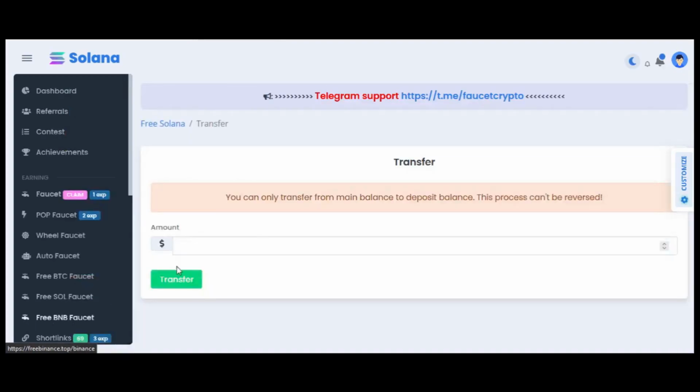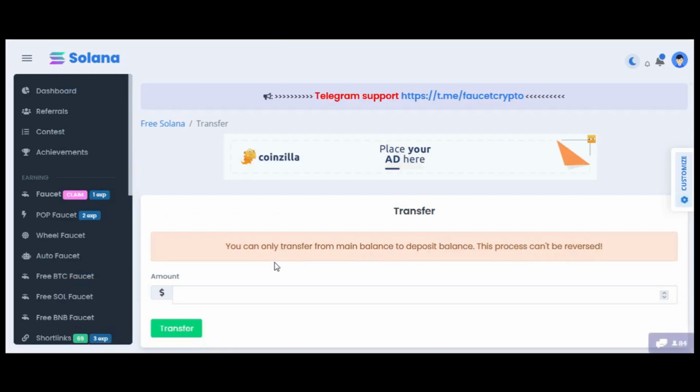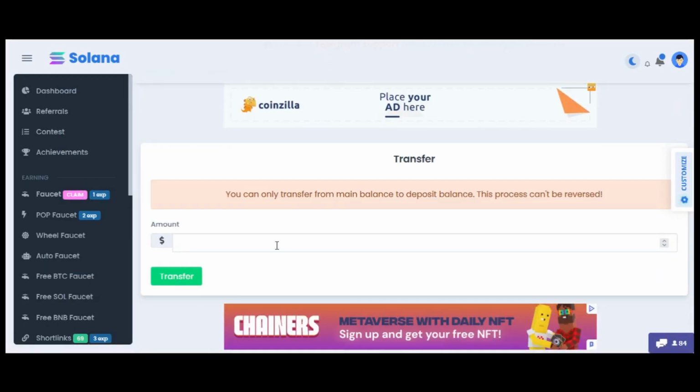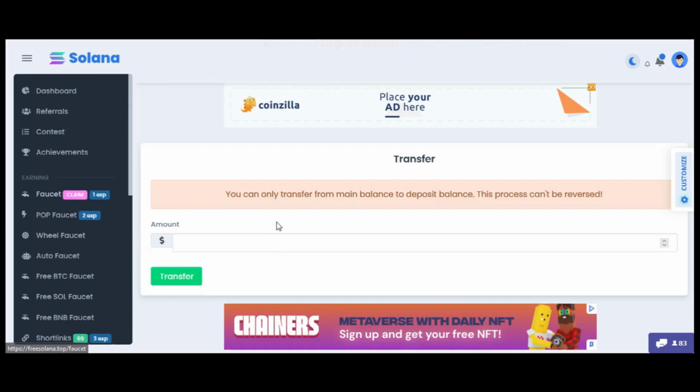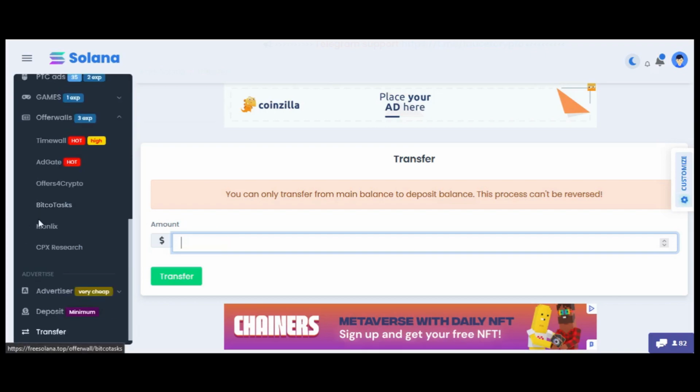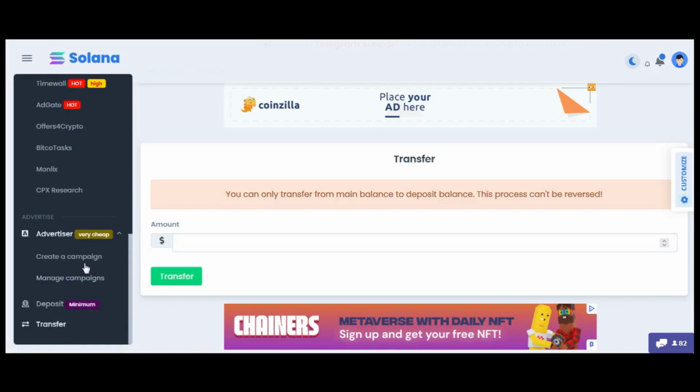In the transfer section, you will be able to move your account balance to the deposit balance. So you can actually use the tokens you earned through the features here of Freesolana to start an advertise campaign, a PTC campaign. Here you have to type the amount of tokens you want to convert from the account balance to the deposit balance, and then you can use these tokens to start and advertise a PTC campaign from this